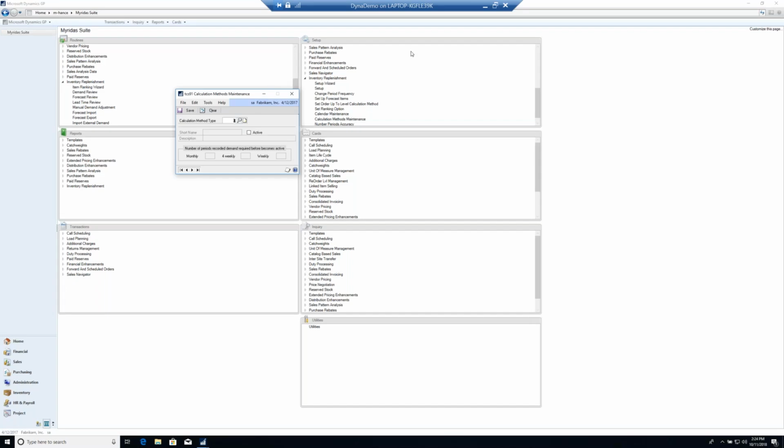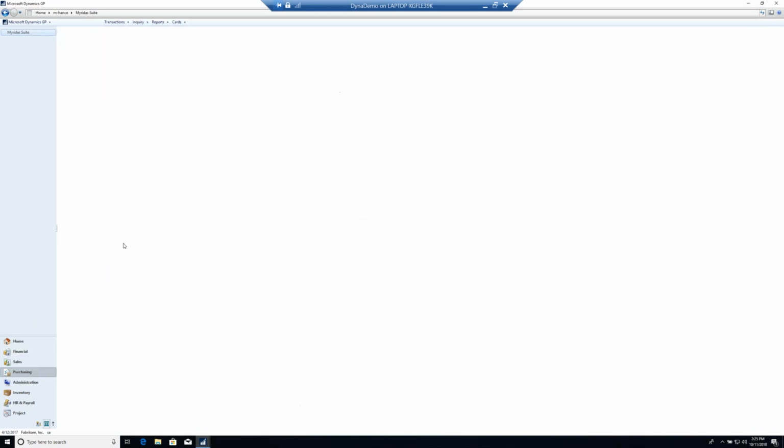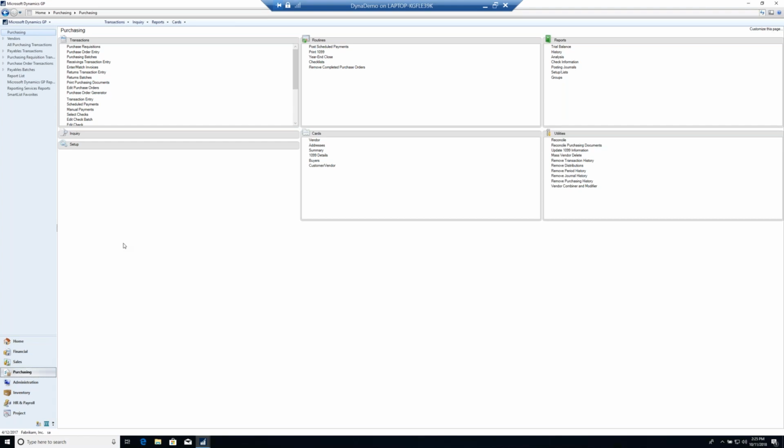So in some companies, this is 2 completely separate departments. In some companies, this is 1 person that does the whole thing. But what we do is we use as much as possible of the purchase order generator that comes with GP, and then we add some functionality around it to make it better, faster, stronger. So if I go into the purchase order generator here,